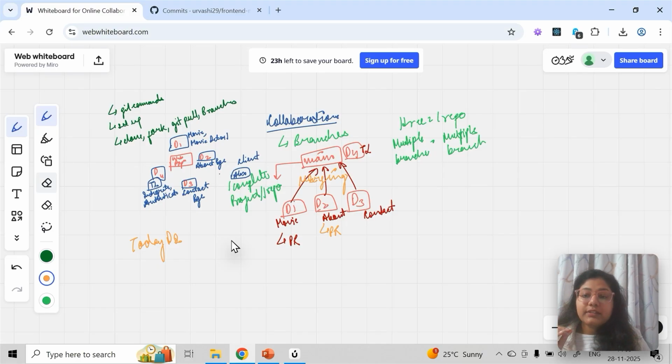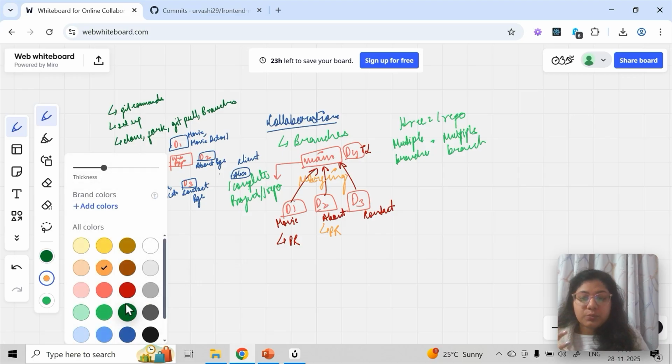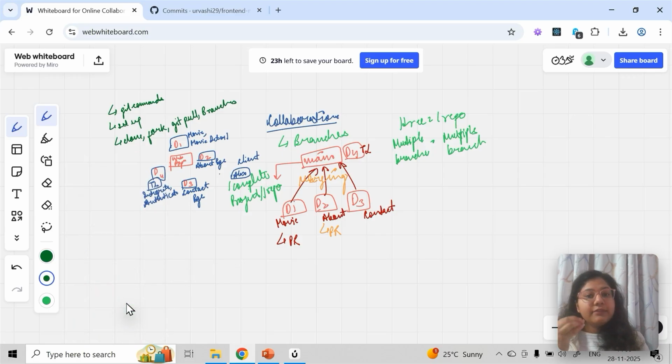So whenever you create a branch, the latest code in the branch comes from the main branch. Main branch is the source, so every time you create a new branch, it is going to be a copy of your main branch. So let's say I'm creating a movie branch, it will be nothing but a copy of the main branch. Later on, whatever you put in movie, you have to merge it with the main, because main is always going to be the latest. So that clarity is important.